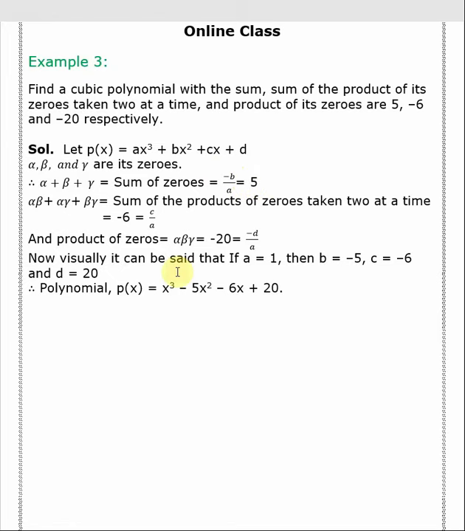Okay, this sum is very easy, just like the previous sums. This is also done very easily because there was no fraction, so we did not have to multiply up and down and anything, just like the previous one. So we easily found this one. So finally, we get the values of A, B, C, D. That is A equals 1, B equals minus 5, C equals minus 6, and D equals 20. And we'll put all these values in our mother equation, ax cube plus bx square plus cx plus d. Then you get this equation, x cube minus 5x square minus 6x plus 20.